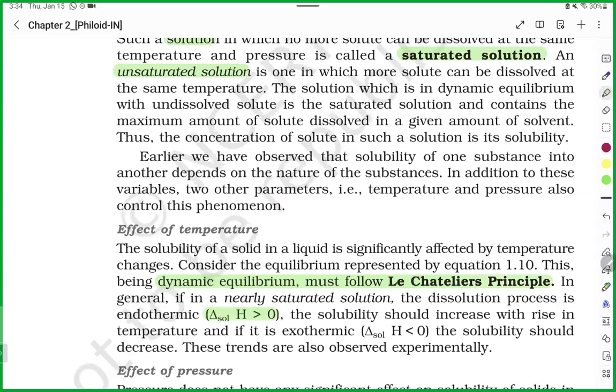Le Chatelier's principle tells that if you have a saturated solution or equilibrium condition, equilibrium is saturated, same meaning. So if you have an equilibrium condition and you try to make some change in the equilibrium, the solution will always oppose the change. I gave the same example multiple times, telling you once more. Imagine,